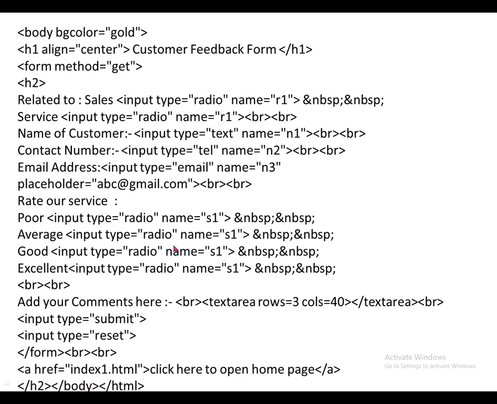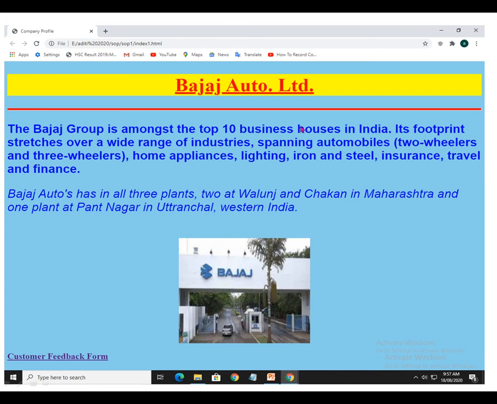When you open your index.html page, you'll get the output like this. So this way you have to create your first SOP as per the questions. The question is about the company profile, or some students have used the college profile, no problem. But all those conditions you have to use in your pages like index.html, form.html, and meta information, CSS, everything you have to use while creating such a website.